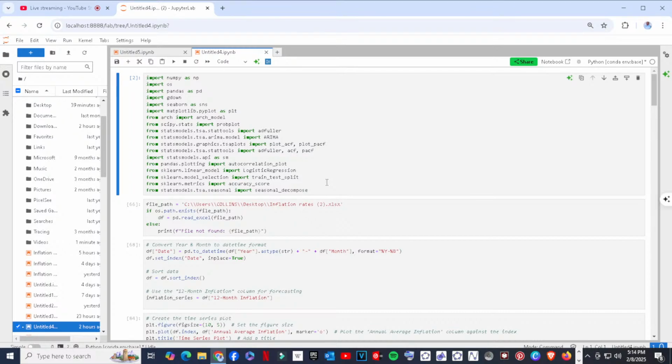So just as we looked at descriptive statistics yesterday of the inflation rate data from the Central Bank of Kenya, yesterday I showed step by step how I got to the website of the Central Bank of Kenya and how I downloaded the Excel file. After downloading it, I also showed how I brought it on board using a code that looks like this one here.